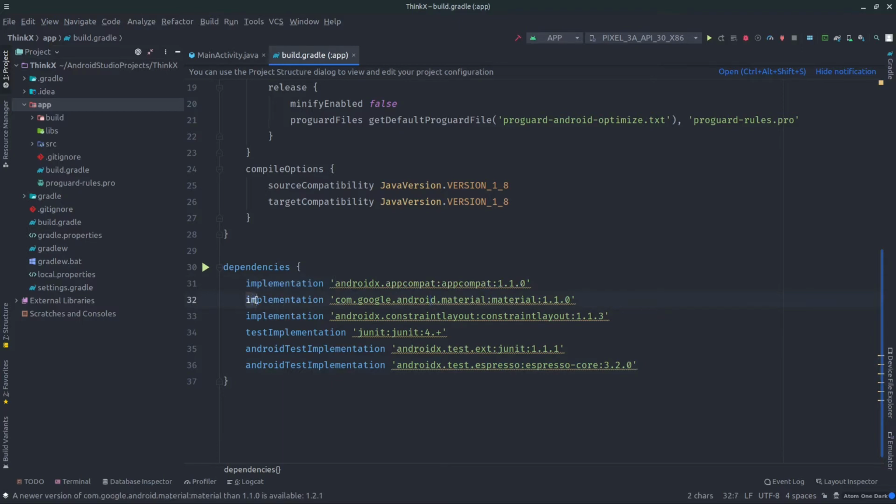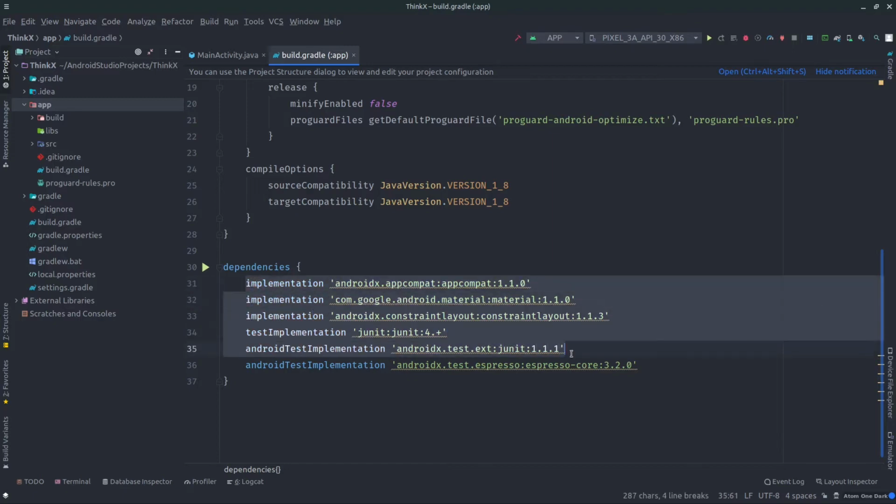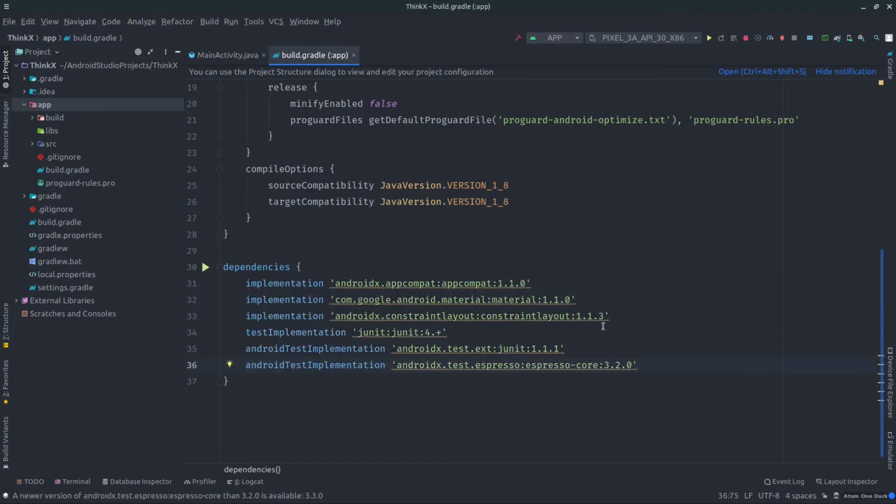For example, you can take a look at this line. It says com.google.android.material, right? So basically this is the material UI library. So it means that you can actually use the material theme inside of your Android application. Similarly, we will include all the extra libraries, and you will be able to learn how to add libraries and use them inside of your project.